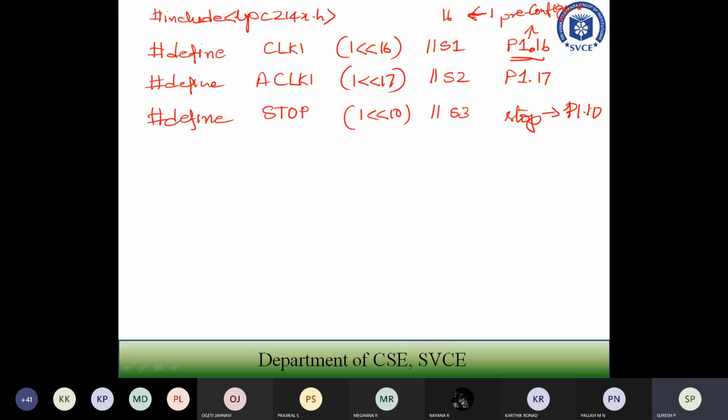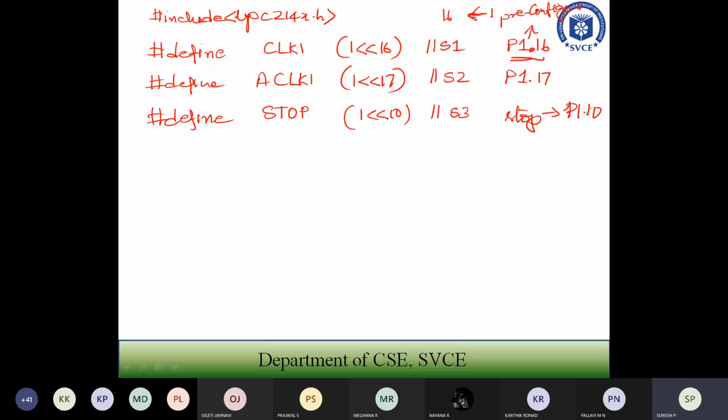Whenever you are writing the program in our college, we have to follow this. But it is not the same if you are taking a program from another college. It will differ because we don't know what hardware they are using. Depending upon the hardware manufacturer, these programs are written. So this is already pre-programmed for switch 1, switch 2 and stop.